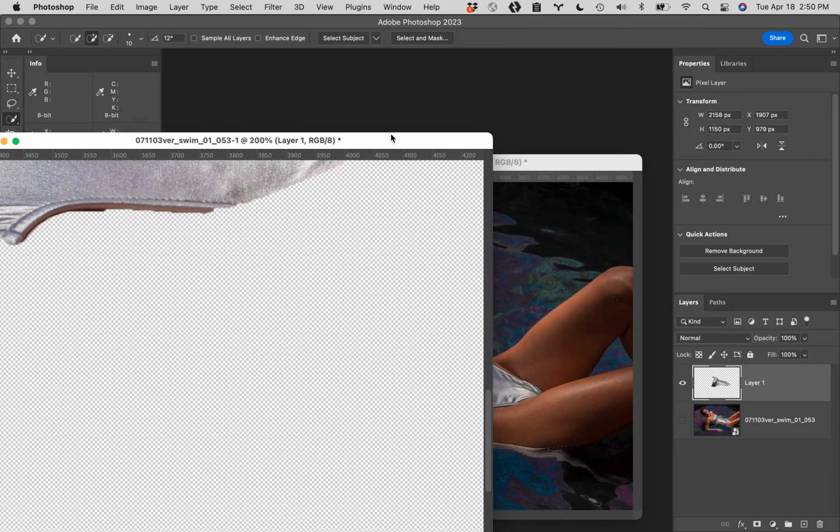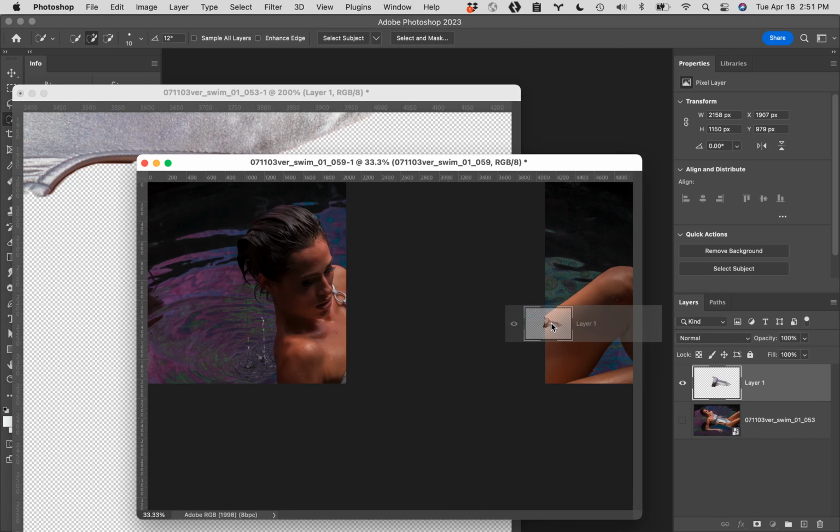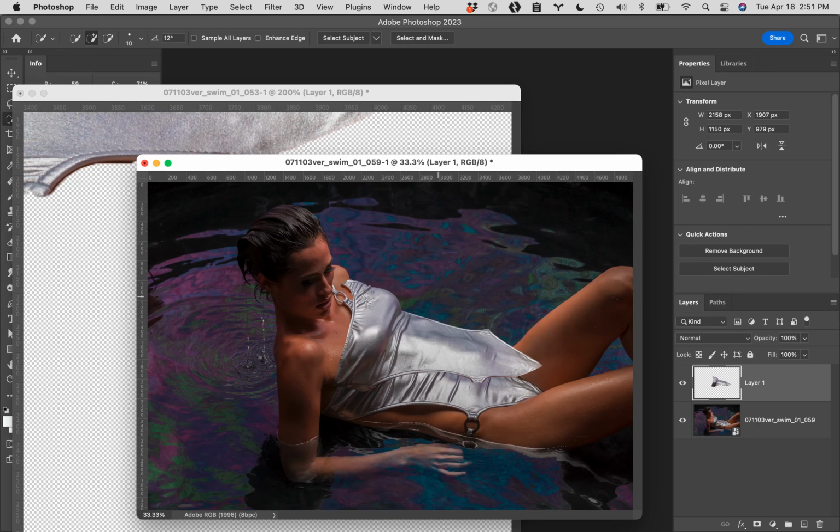So I'm going to drag this suit on top of the final image that I want to keep. I'm just grabbing the layer, dragging it over to the suit that I know I want to work on, holding down the Shift key and let go, and it will bring it in centered in my image. So this is the beginning of where I want to actually work. However, this suit is not going to perfectly match the suit that's underneath it. So I need to transform it so that it does fit and cover the suit that I'm trying to fix